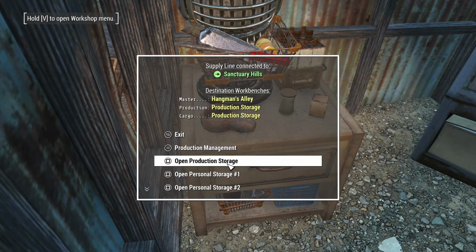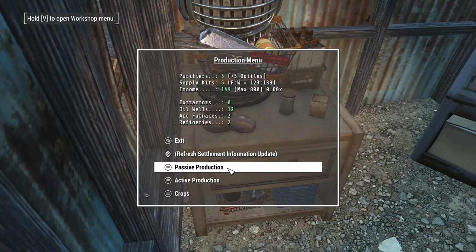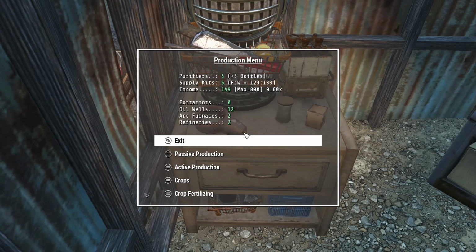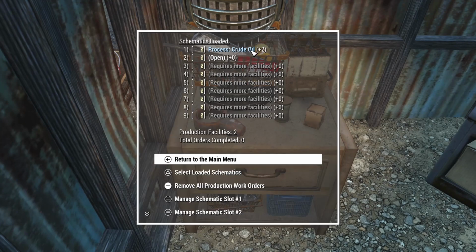Okay. Now, the other thing as well is, if we go here, and we go to production management, and I'm sorry about all of this if it's going way too quick. We go to active production. Now, we've actually got, oh, sorry, okay, 644, no, that's fine. We need to go down here, because we've got 2 arc furnaces, 2 refineries. So if we go down to the refinery, sorry. It will process 2 sets of crude oil. So if we have a look at block 1,